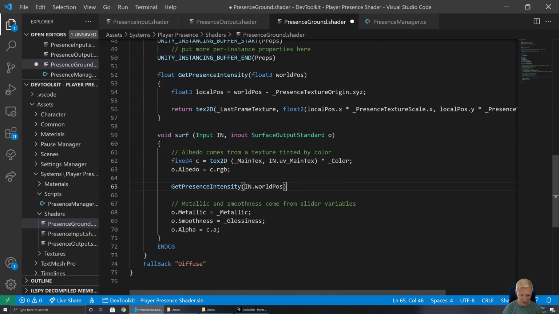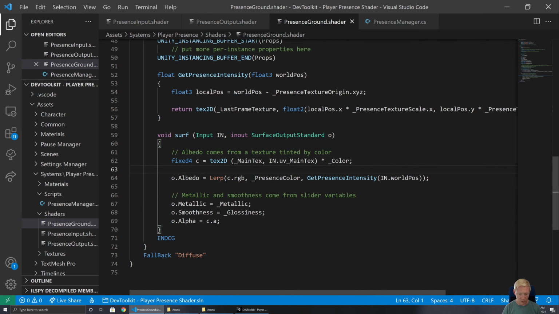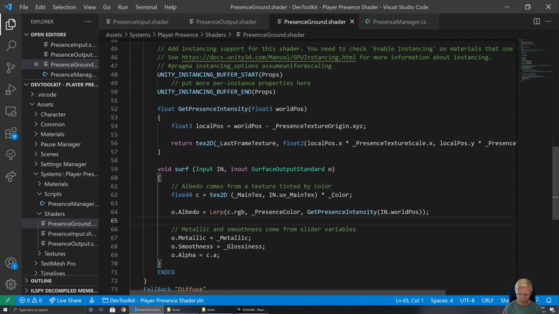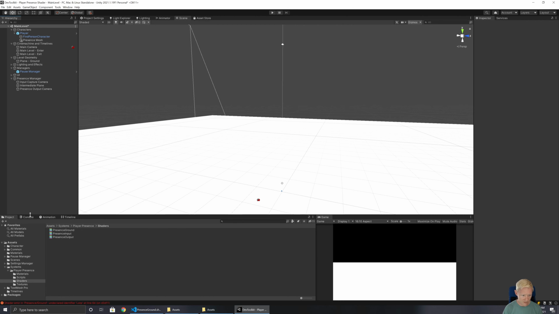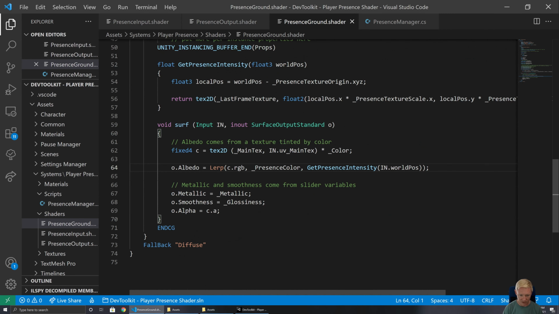And what we'll do is we will lerp our albedo based upon that. So o.albedo, we lerp from c.rgb to our presence color based upon that intensity. So the more we are present in a location, the more it should be tinting it towards that color. So that looks pretty good. Should sample the intensity. So it should mean that once I actually fix up the typo,